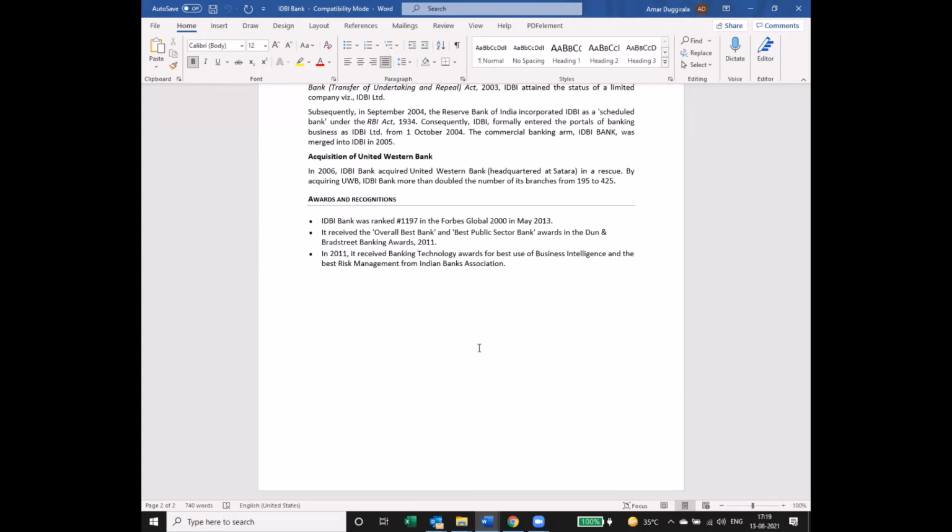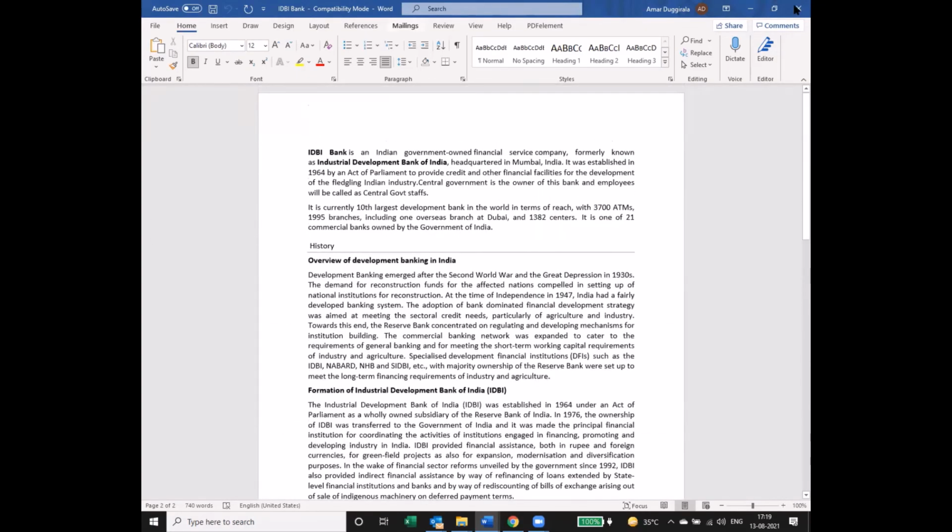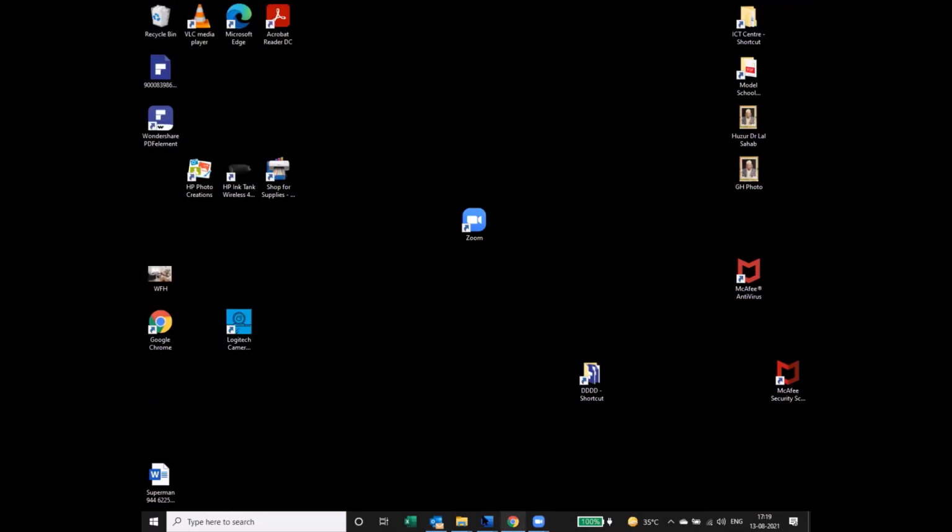And for the last 10 years, from 2009-10 to 2019-20, IDBI Bank ran in losses because of non-performing assets, loans that were given to large corporations which could not be paid off, and ultimately those became the losses for the bank. But last year in 2020-2021, they made huge profits of more than 1,000 crores, which was the first profit year after 2008-2009. So they suffered losses for 10 years in a row. So this is the journey of IDBI Bank. Just wanted to share that with you because these are the changes that have happened over a period of time.